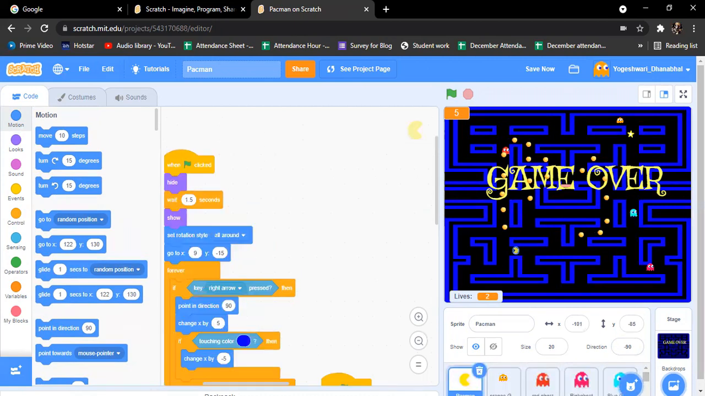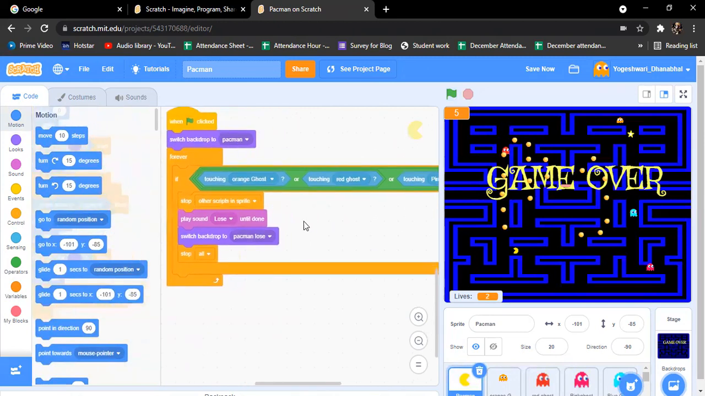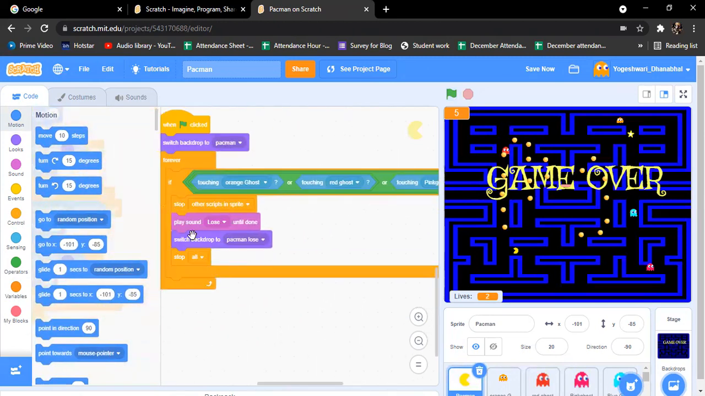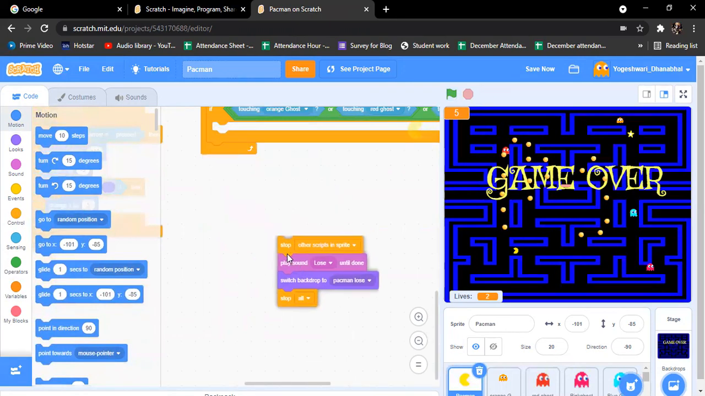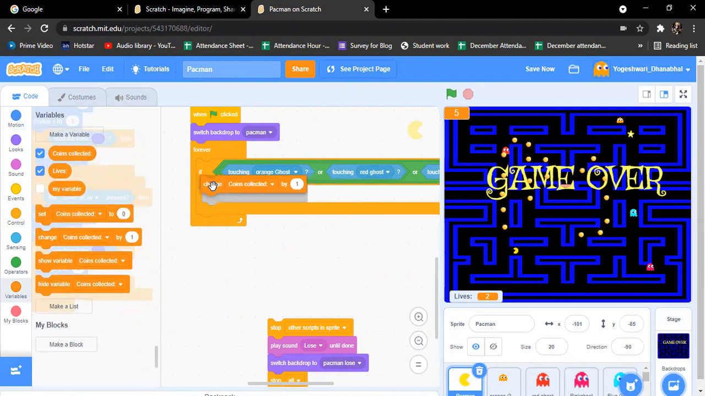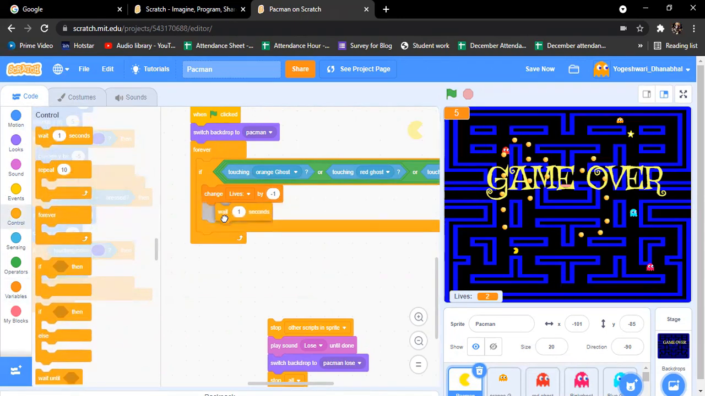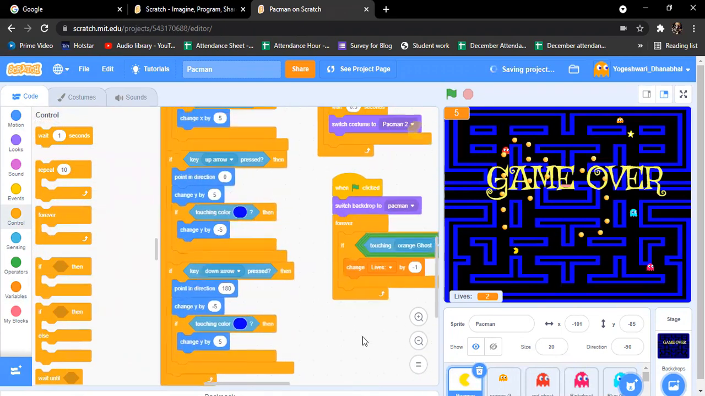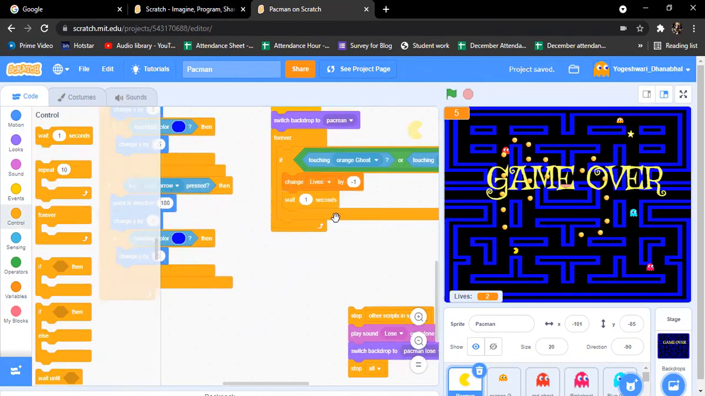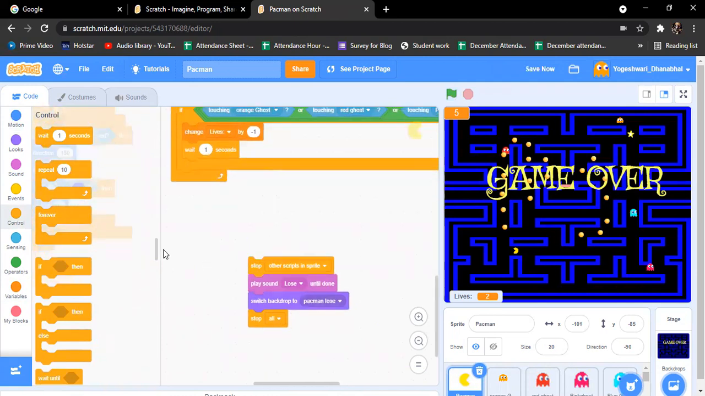So that's what I want to do basically. So I'm going to go to Pac-Man. Rather than saying if touching orange ghost, red ghost, pink ghost, stop all, whenever it's touching these ghosts, I'm going to change lives by -1, and then I'll say wait 1 second, or else we can also make my Pac-Man go to the center. But rather than that, let's say wait 1 second, and then